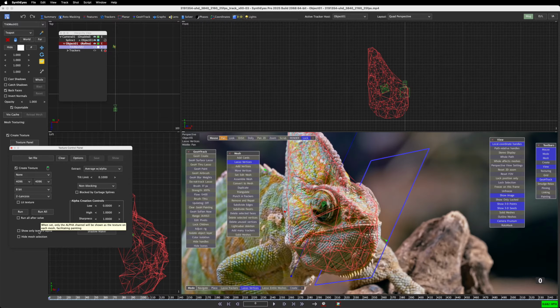Show only texture alpha, hide mesh selection. Oh, this is also nice. Just having the hide mesh selection feature, if you open the texture control panel, you turn that on and it'll remove textures in the viewport. I use that all the time too. But I